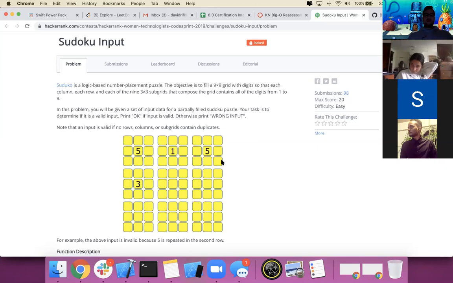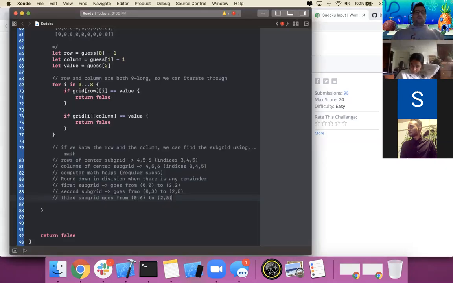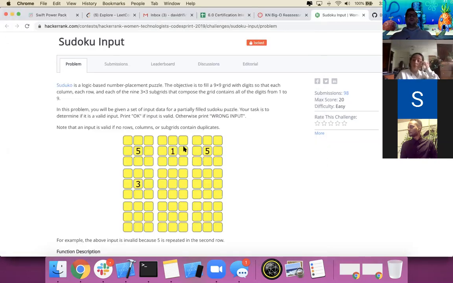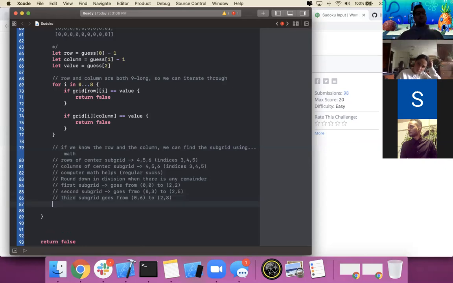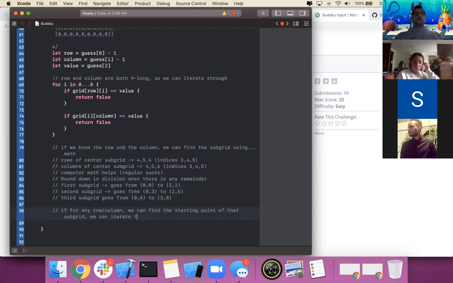Two, 8. Yep. This goes from 0, 6 to 2, 8. And there's a pattern here. For each subgrid, to get to the next subgrid, you go up in increments of 3, whether it's in the rows or the columns or both. And so if for any row column, we can find the starting point of that subgrid, we can iterate through